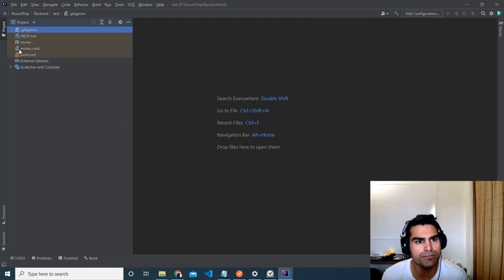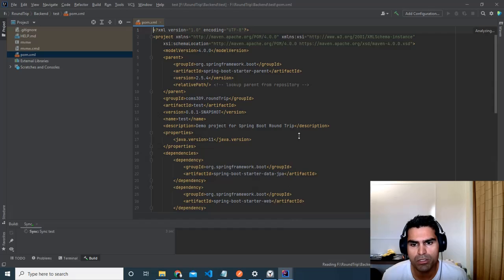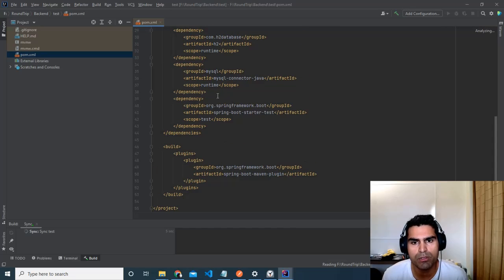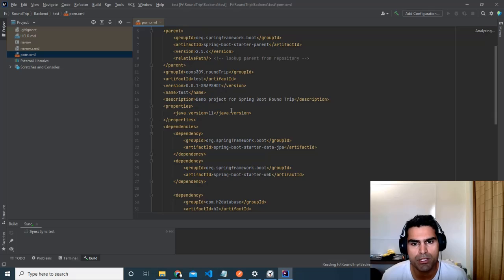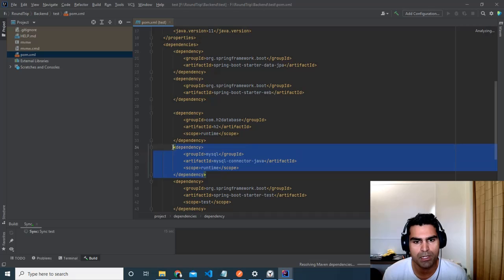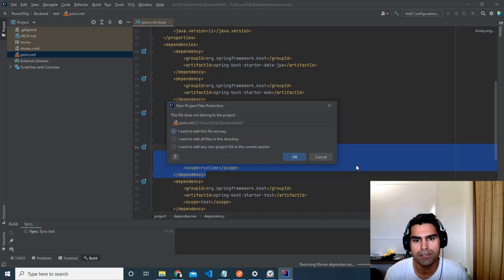So let's open up POM. So in POM you see that all the dependencies are displayed, and as I said, we don't want to use the MySQL right now. We're just going to be using H2 for demonstration purposes, but we'll later on be plugging in our MySQL database. So for now I'm just going to be selecting it and commenting it out with Ctrl +/